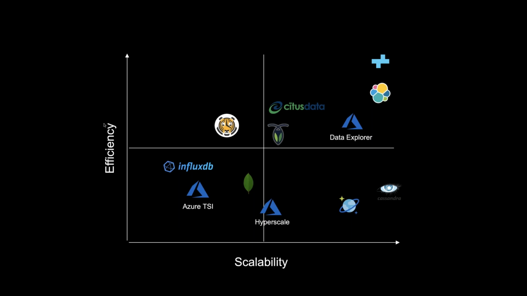Compared to Elastic, which is really close to Crate's efficiency and scalability status, CrateDB delivers more efficiency. Compared to Cassandra, which shows much more scalability, CrateDB shows far more efficiency. We shall go a bit deeper into the technical and functional comparisons of some of the leading databases against CrateDB in a while. But first, let's talk about CrateDB itself and what makes it a giant in this realm of